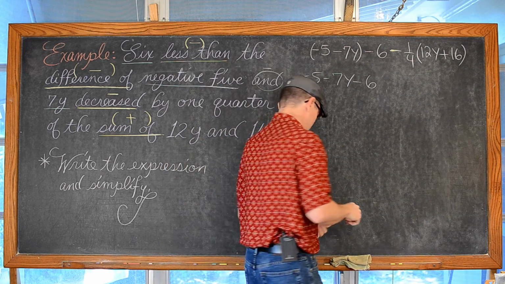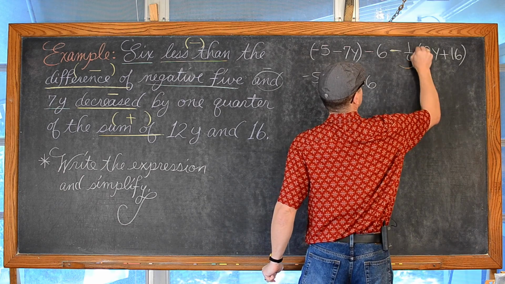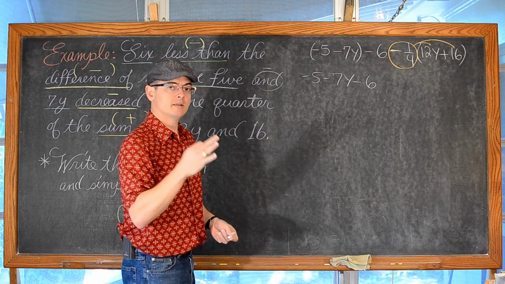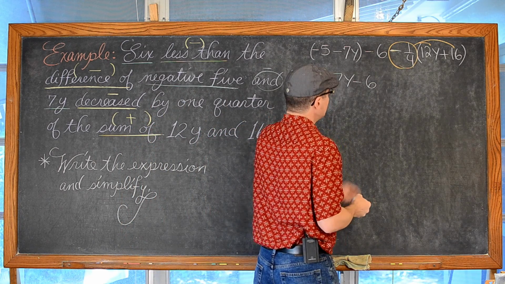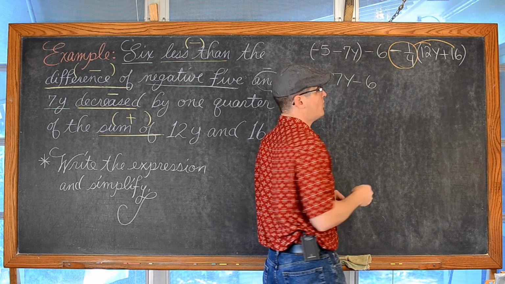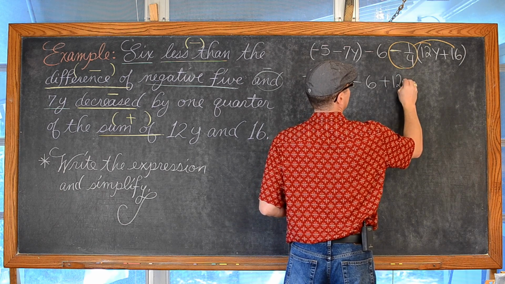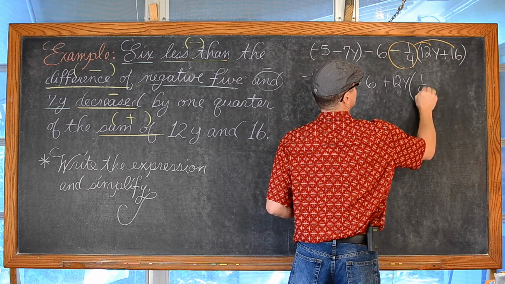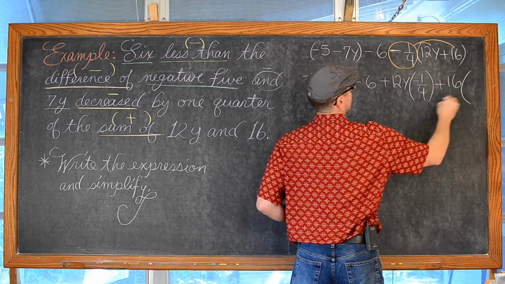Now we do have a -1/4 going through those parentheses. And again, that negative sign needs to go through there, otherwise you'll have a wrong answer. So a sign error. So we have 12y, and it's a positive 12y. There's nothing out front, so it's plus 12y times -1/4 plus 16 times